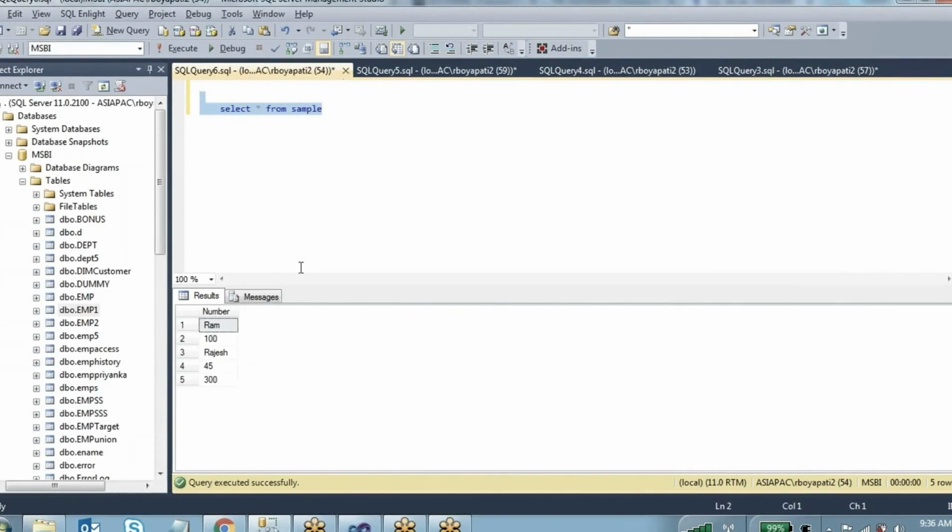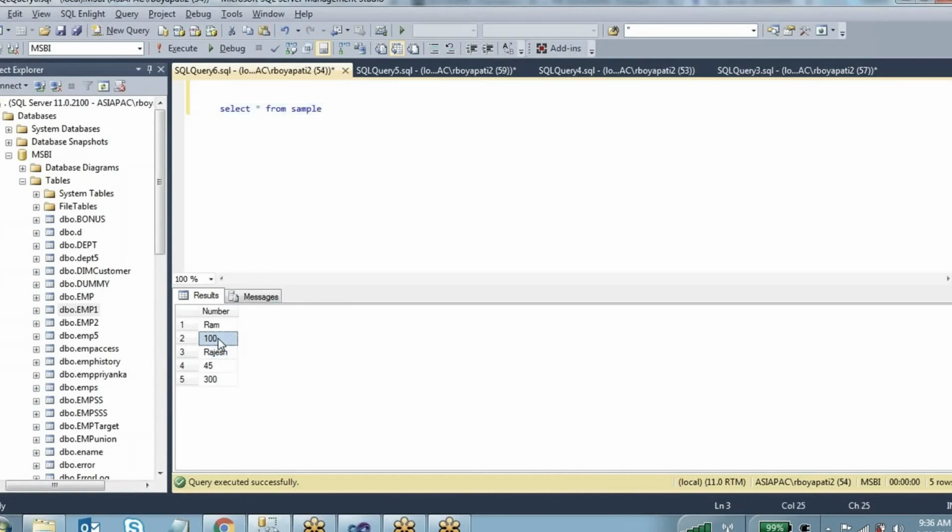Now my requirement is, see here, this is numeric, like Ram is a varchar, a character string, and 100 I don't know what exactly this is, the information I have inserted is varchar only. But I want to find out in this column which one is a numeric value and which one is a string value. If it is numeric, I want to multiply it with some value. If it's a character, I want to display some other value. So how can we achieve this requirement?